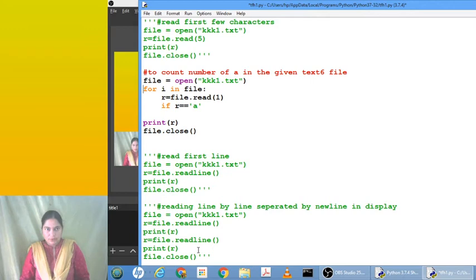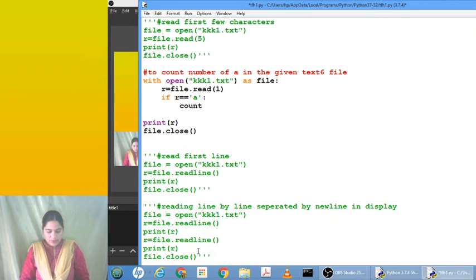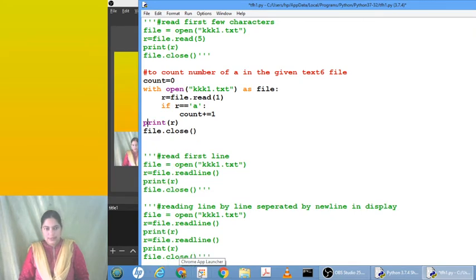Directly, without using a for loop, what you can do is with open as file, file.read one character at a time. If r matches with a, then count plus equal to 1. Initially count is 0, and finally display the number of a's.